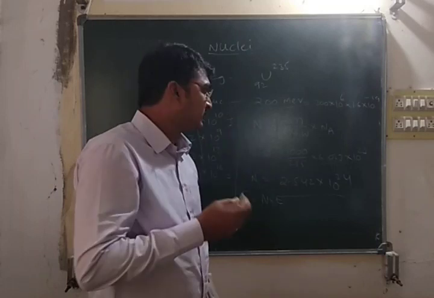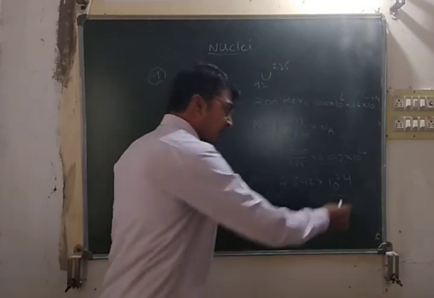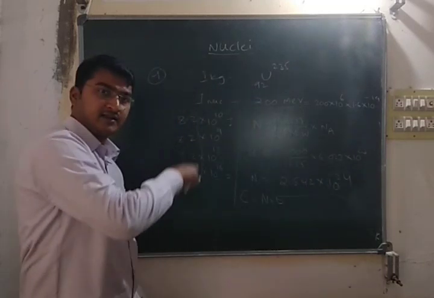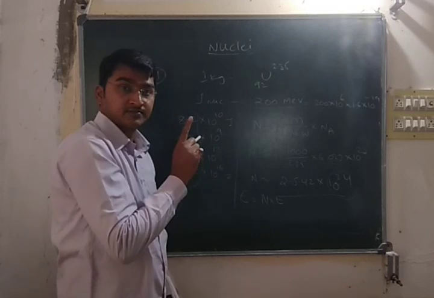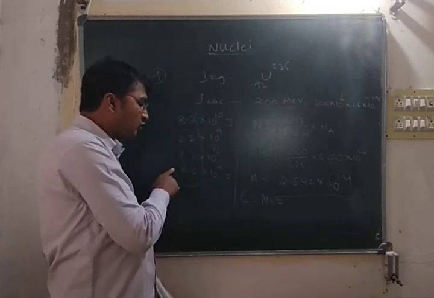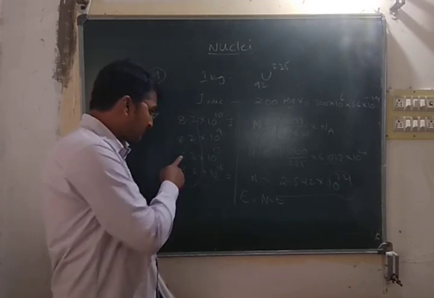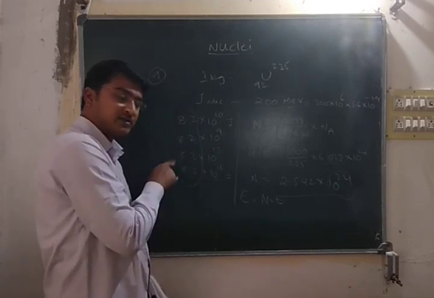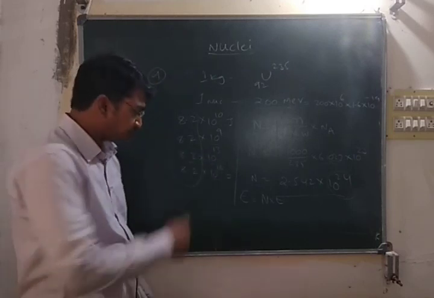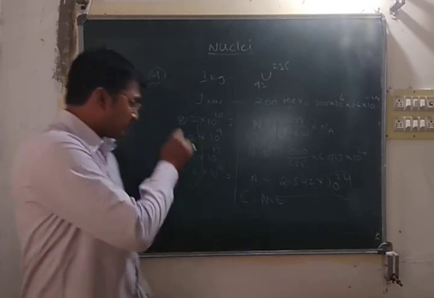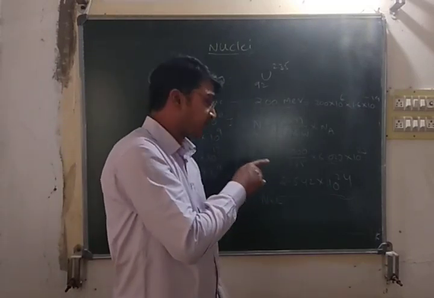Finding the n value is the challenge here. The number of values we have found. While you're finding it, if the options are like this, we should strongly concentrate on these powers. If you got 0.8 into 10 to the power of 13, that's wrong, because the option is 8.2. So you convert 0.8 into 8 point, then you will get the change. So that is the way. Think about the powers, and you should concentrate more on this type of question.